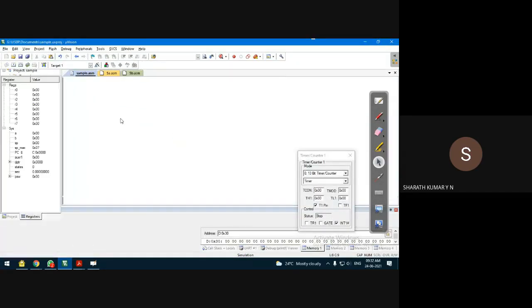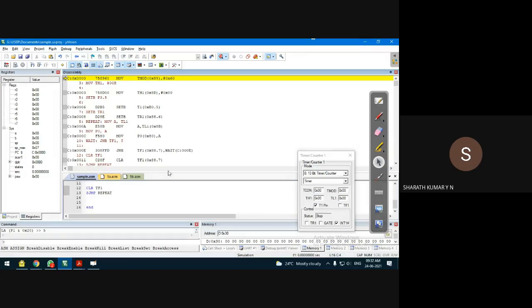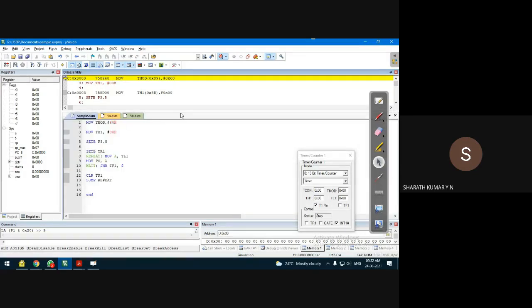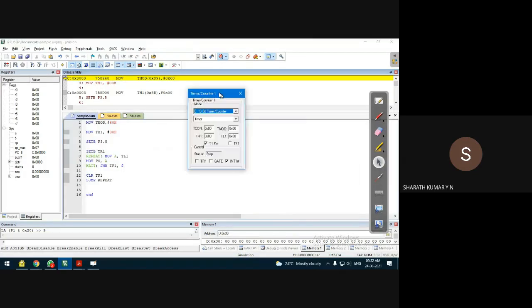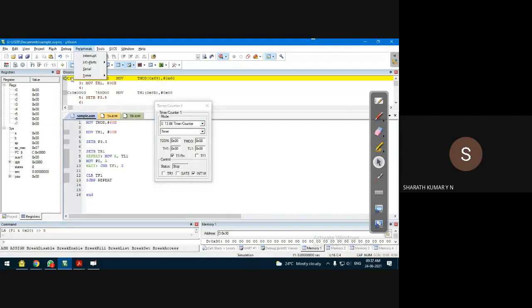Okay. So now what are the things we can notice, guys? In this case, counter operation. Of course, I'm not interested in the waveform now, because anyway it will generate some square waveform, no doubt. I'm not interested in the timing period of the waveform. So what we have to check is the counter operation. First thing is we have to look into timers, of course, no doubt.